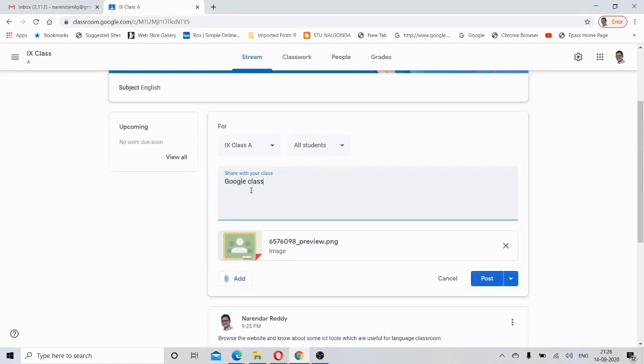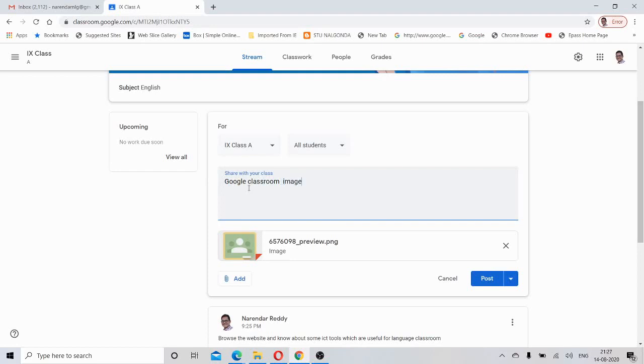Google Classroom. You need to write something about that posting, otherwise, look here, the post button is not highlighted. If you type something, it will be highlighted. That's why Google Classroom image.